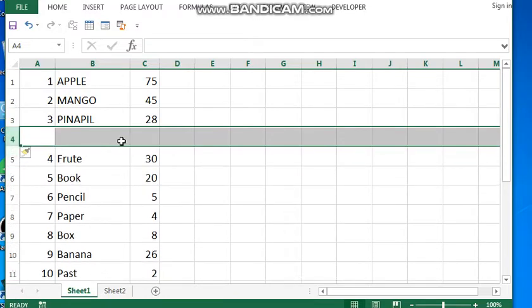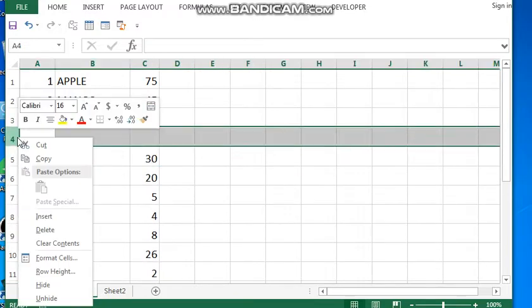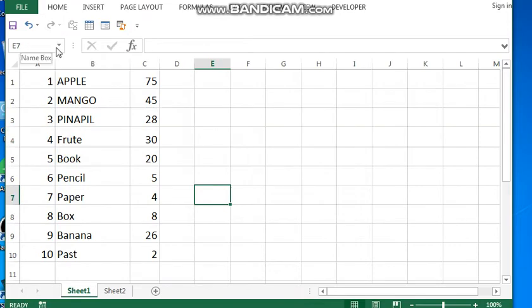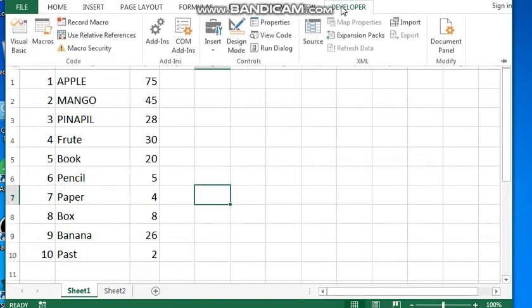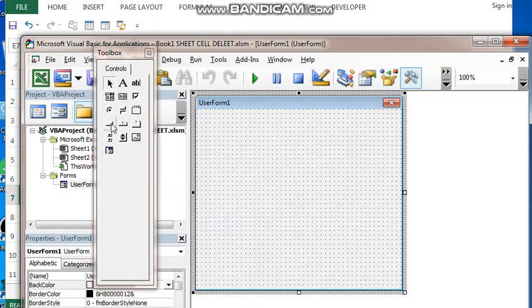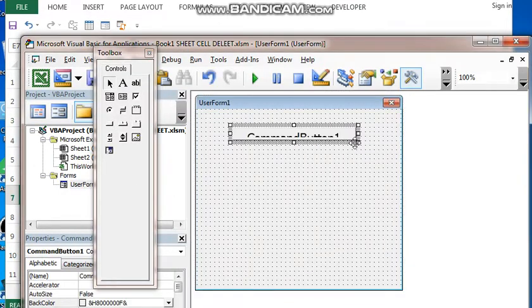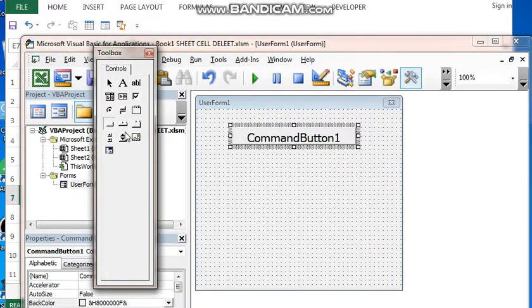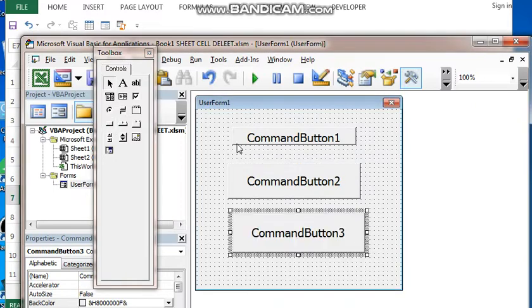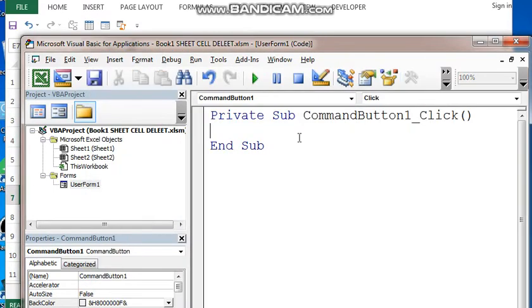This insert, okay? This insert user form. How to make this user form insert, okay? Developer button, Visual Basic, user form one, add two buttons, three buttons, okay? Three buttons, click one button,